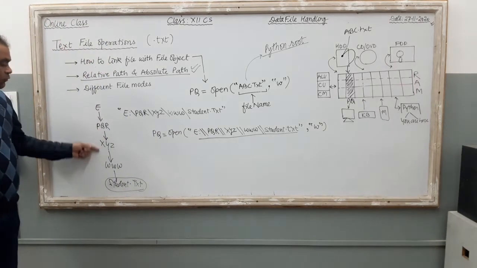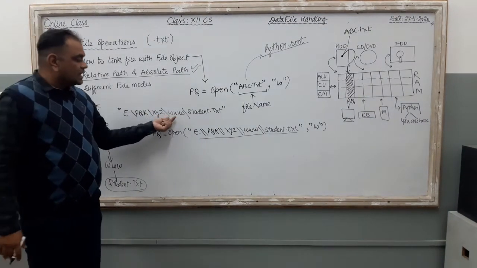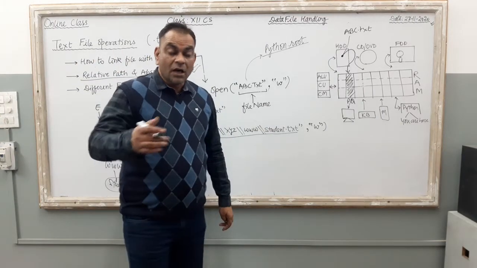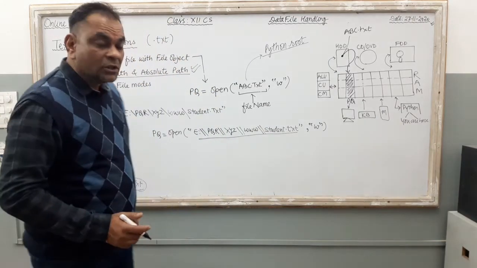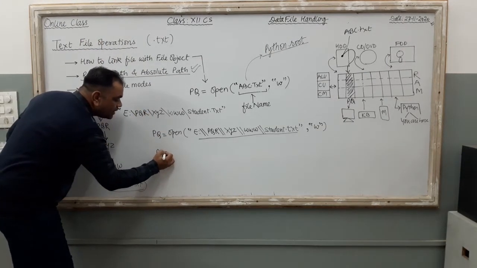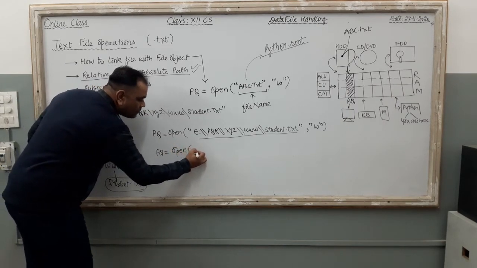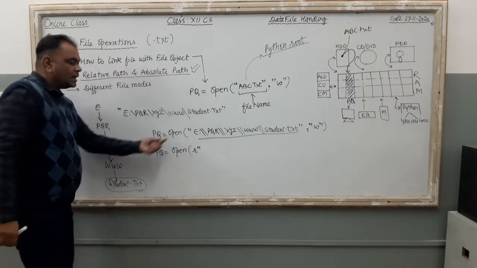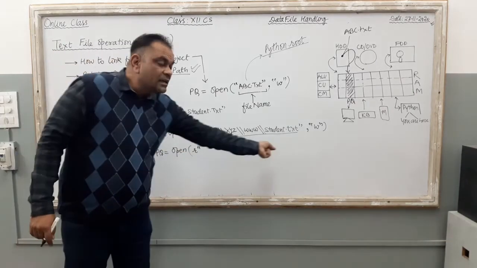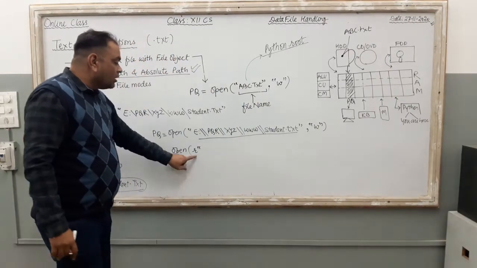Just see how to find out the proper path of your file. Path अपने निकाला, then जहाँ स्लैश है उसको डबल स्लैश में कन्वर्ट कर दिया, राइट? अच्छा, अब कोई बोले नहीं जी ये तो मुझे दुख दे रहा है डबल स्लैश में कन्वर्ट करना, तो आप इसको ऐसे भी लिख सकते हो. जस्ट सी, pq equal to open, यहाँ पे आपको एक स्मॉल r लगाना है. कहाँ? इस पोजीशन में. स्मॉल r means the coming string is known as raw string. raw string के लिए ये स्मॉल r यूज करते हैं.